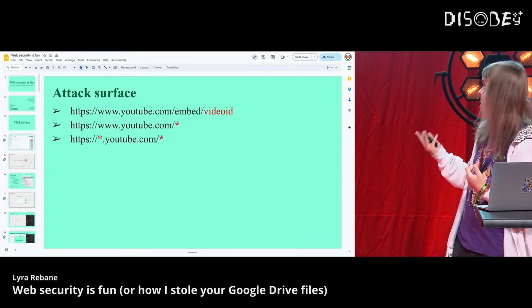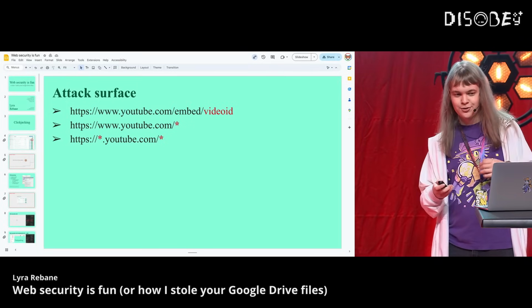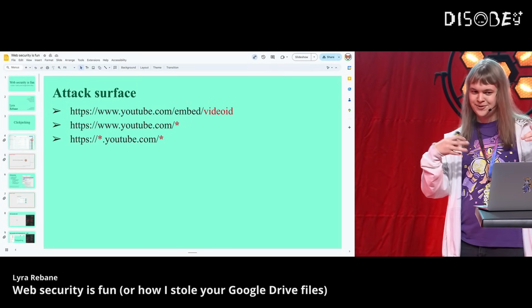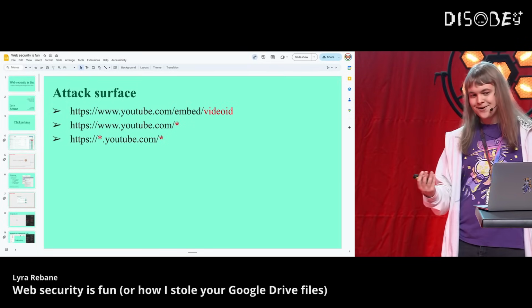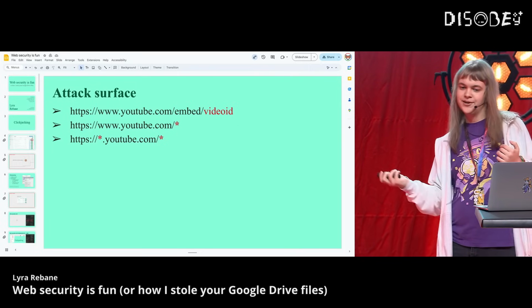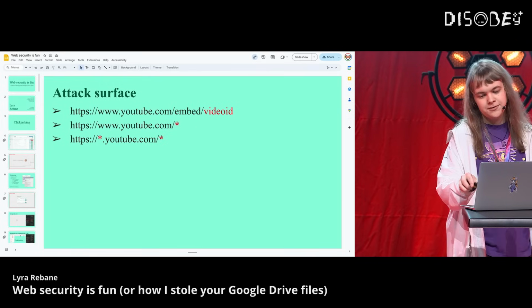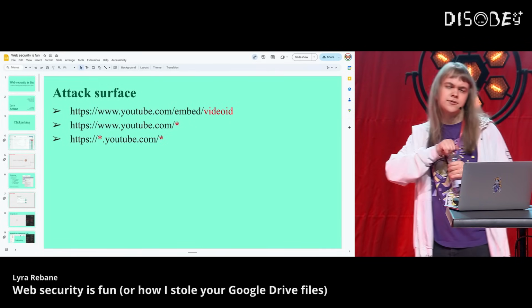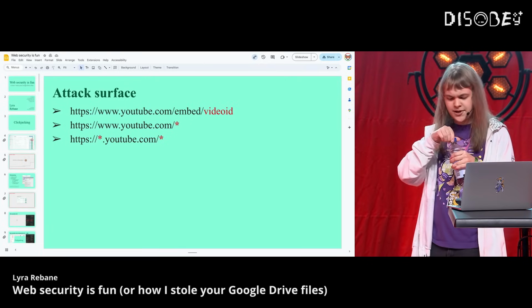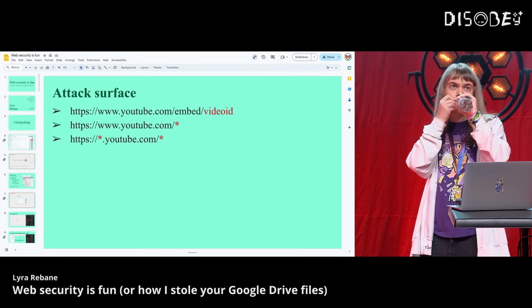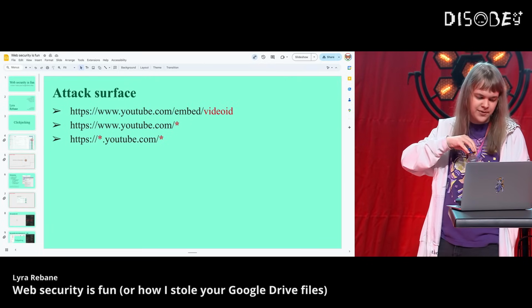Awesome. So you can see here how we have been chipping away at the attack surface slowly. We started off with just an embed. Then we path traversed our way to the entire www.youtube.com domain. And now we have access to every YouTube subdomain. But then I didn't really know what to do next. And I was kind of stuck. So I took a break